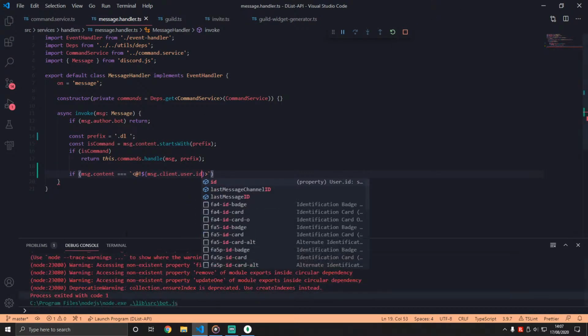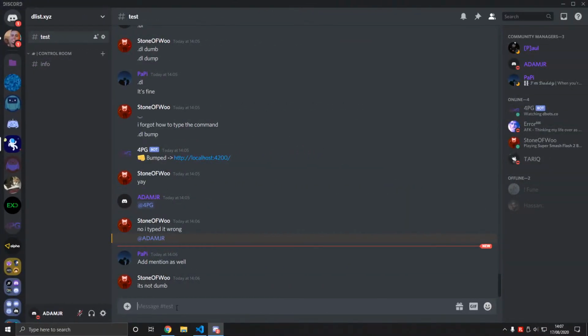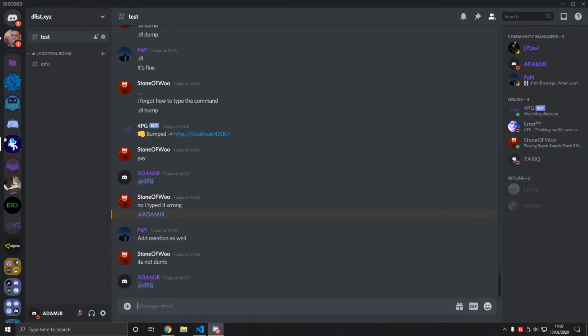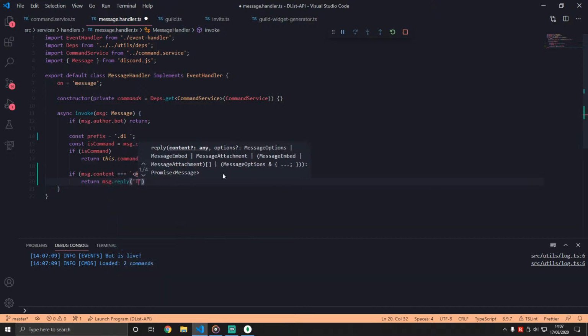So refresh. Cool. So now if I mention 4PG, I haven't finished this yet. The prefix